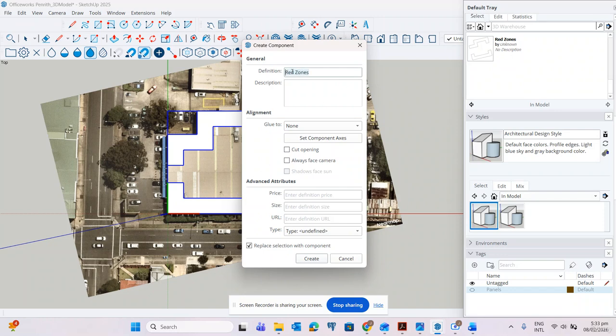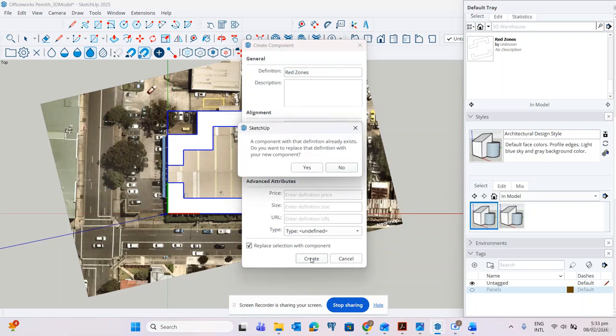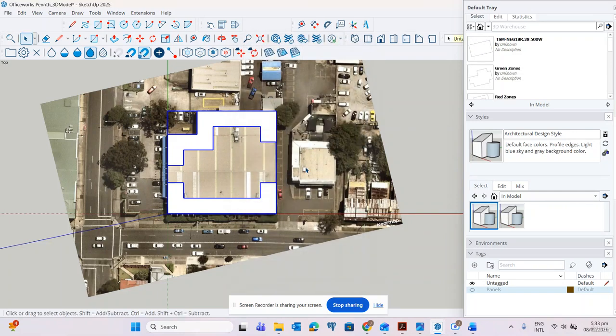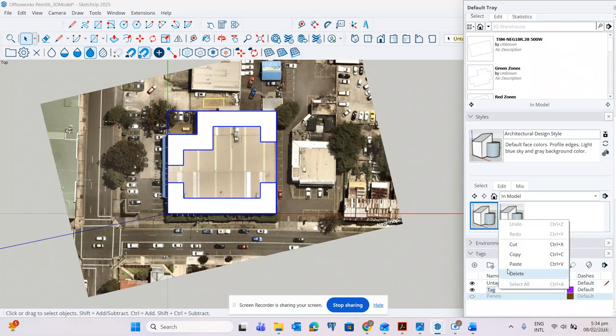We'll copy that because we will create a tag. Copy, create, yes, and then on the tag at the right side below, we will click add tag, right click, paste, red zone.